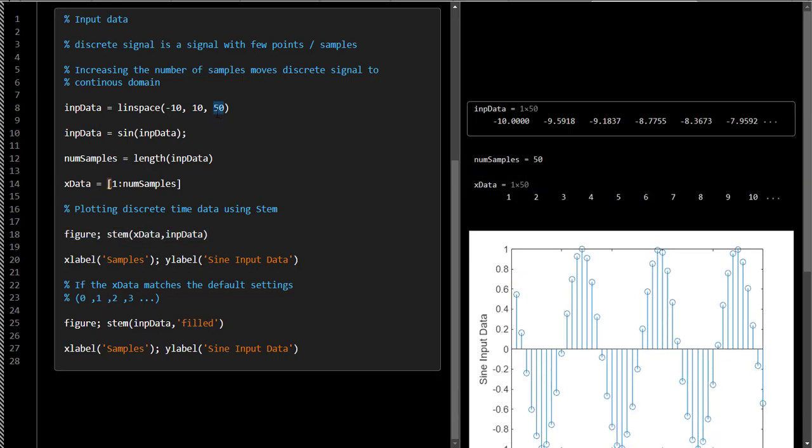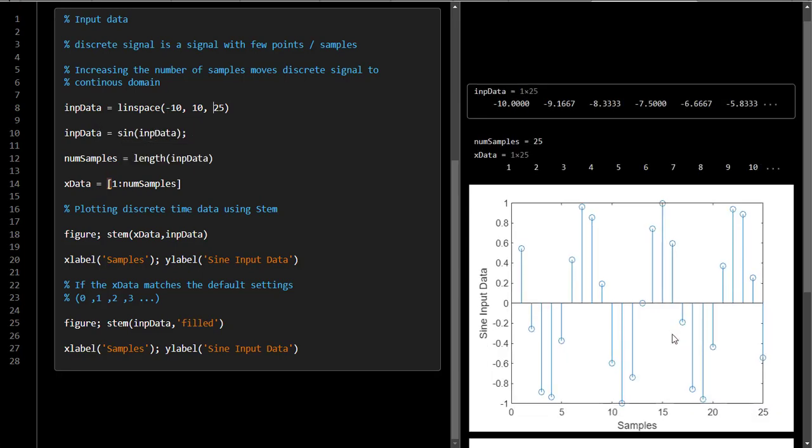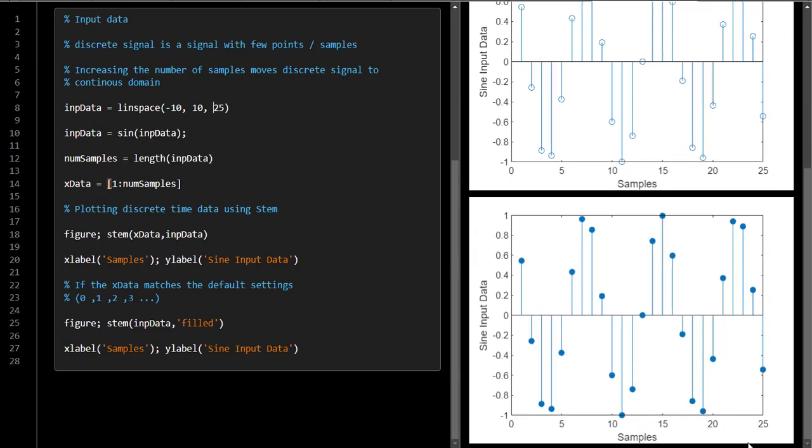If you have 25 samples, it goes from 0 to 25. So this is the default Matlab setting for the x data, or the x-axis plot values. So now what we are going to do here,